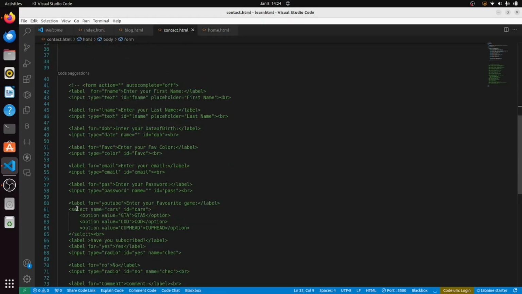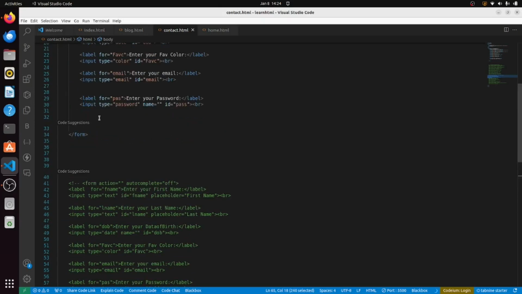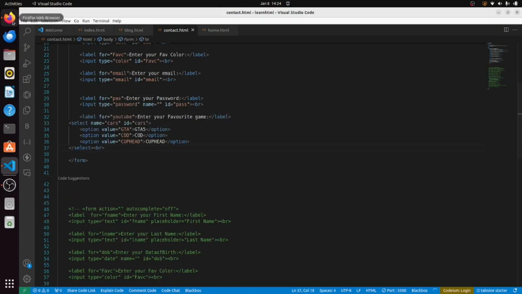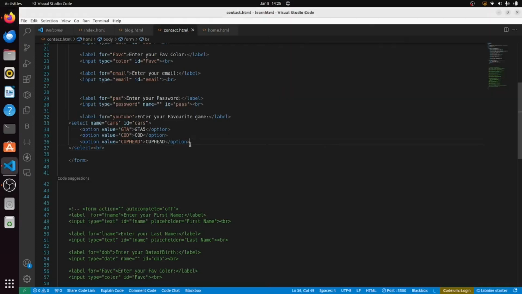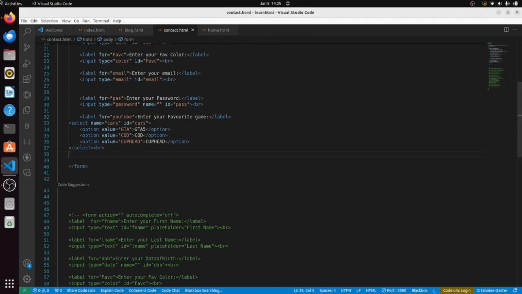Let's move to another type called select. This will help you get drop downs like this in forms. It's your favorite game, like GTA 5 default one. Now let's move to the next. It basically goes like this. This is a label. There is a for. Then there is an id. Let me make it